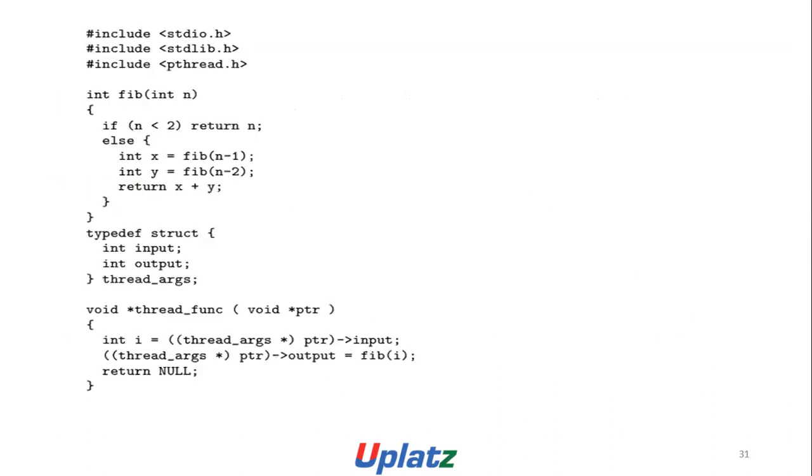Include stdio.h, stdlib.h, and pthread.h. int fib(int n): if n is less than 2, return n; else int x is equal to fib(n-1), int y is equal to fib(n-2), return x plus y. typedef struct { int input; int output; } thread_arguments; void *thread_function(void *ptr) { int i = ((thread_arguments *) ptr)->input; ((thread_arguments *) ptr)->output = fib(i); return NULL; }